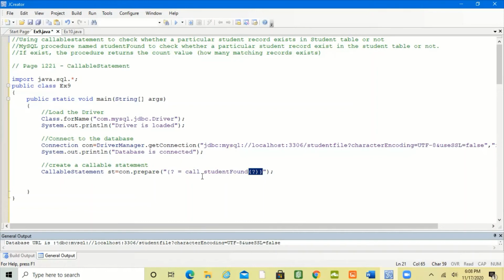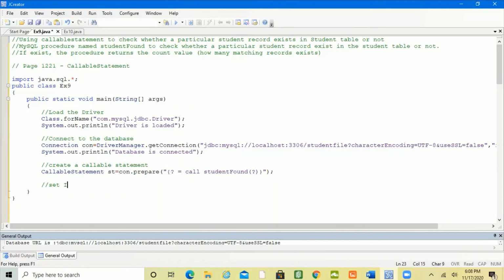Before I get the value, I need to set a data type. In Java we say main is the method name and void is the return type. Similarly, this method returns a value, so what type of value is it going to return? I am going to set the type of the return parameter, the out parameter.